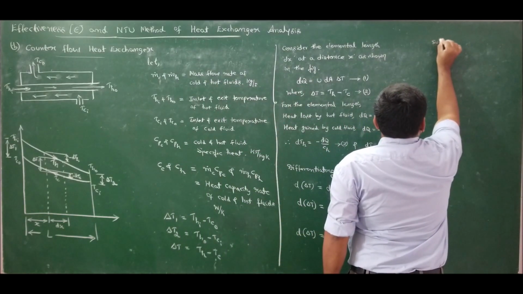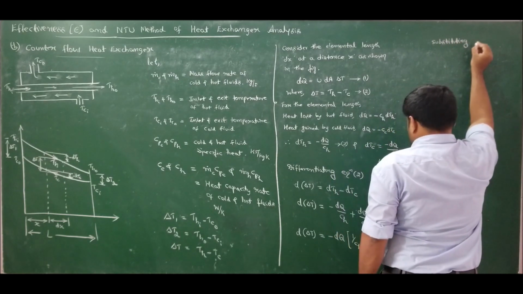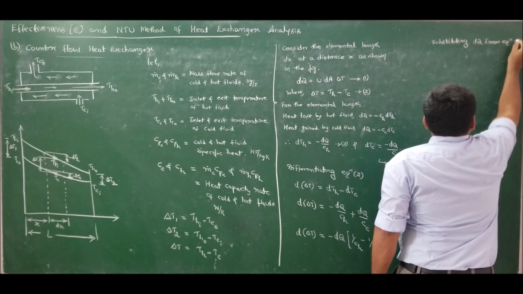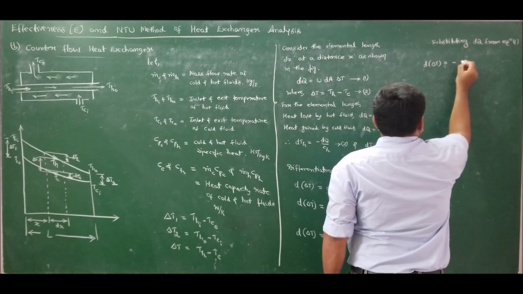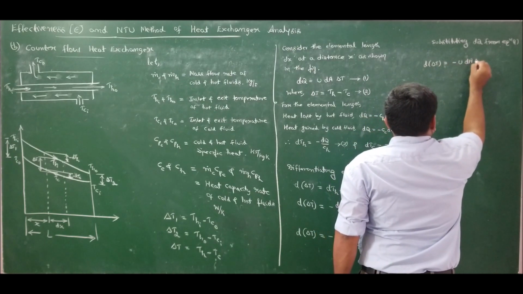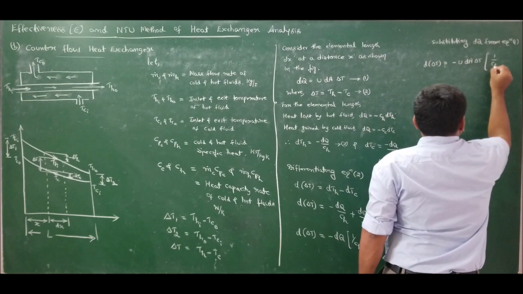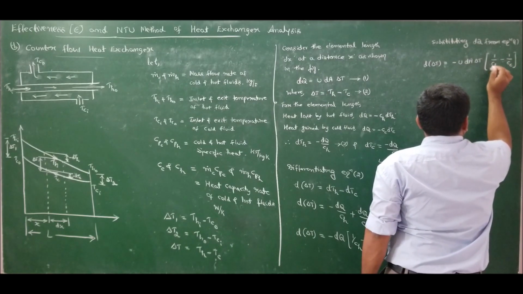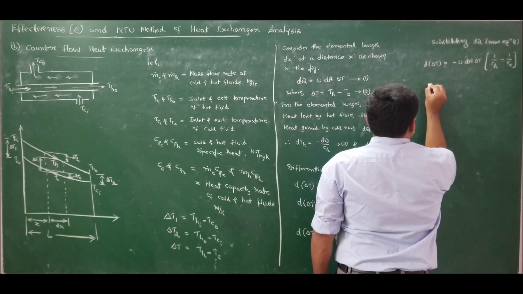Now I can substitute for dq from equation 1. Substituting dq from equation 1, I will get d of delta T is equal to minus UdA delta T of 1 by Ch minus 1 by Cc. Now rearranging the term, I will get d of delta T by delta T